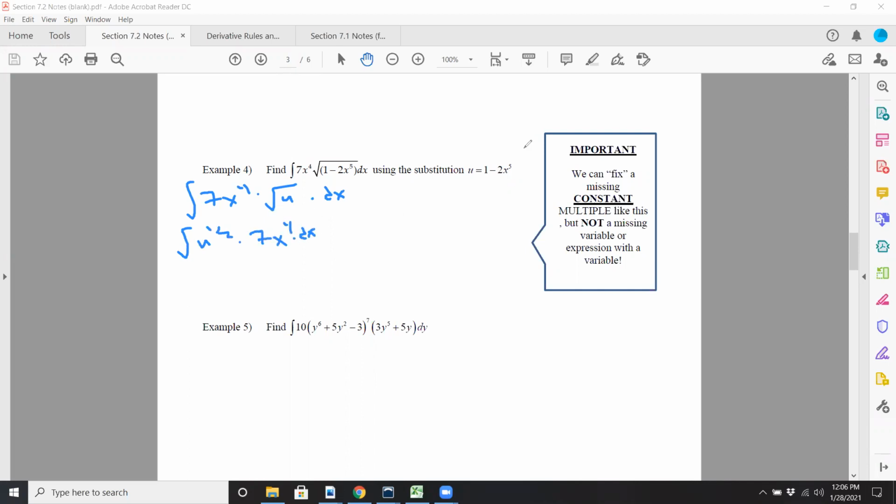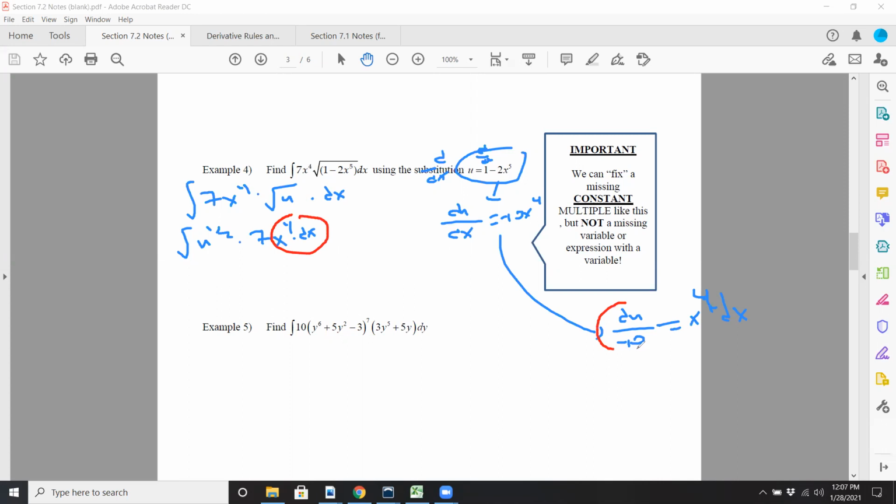times dx. Now, if u equals 1 minus 2x^5, what's du/dx? The derivative of u with respect to x. What's that going to be? If I do d/dx on both sides as an operator, it's going to be negative 10x^4, right? Negative 10x^4. If you do a little rearranging, you can move the dx to the other side and maybe move the negative 10 by the du. So you get this x^4 dx. So now what you can do is the x^4 dx over here is the same thing as du over negative